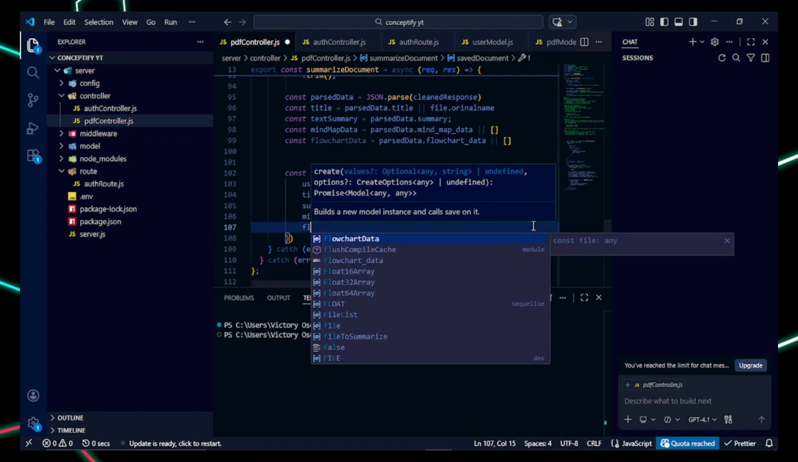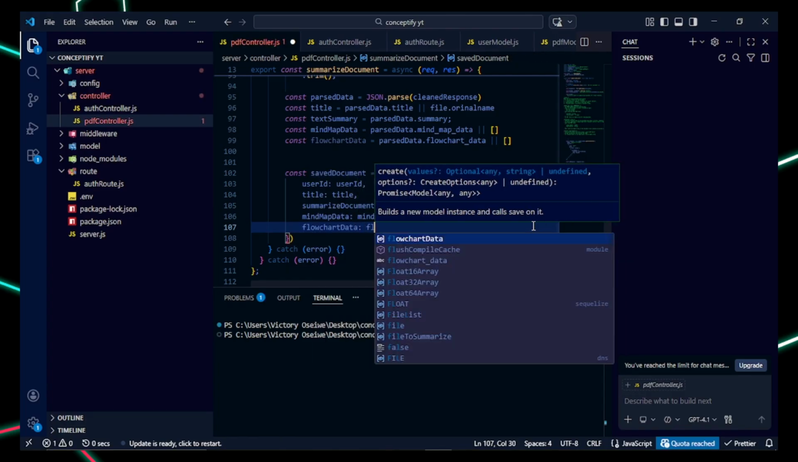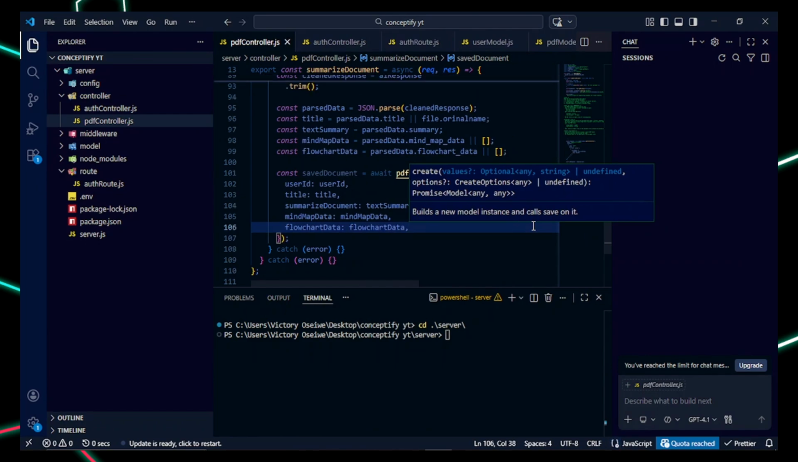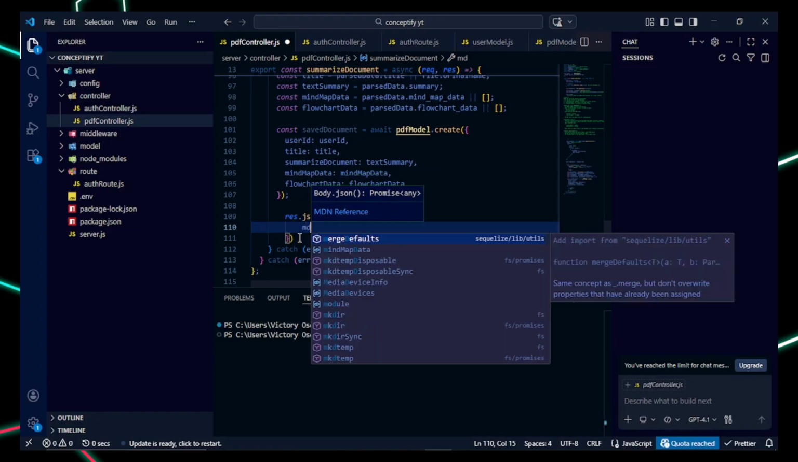Mind map, data flow. Yeah, flowchart data is flowchart data. Control S to save and let Prettier do the job. Now from here, we've saved everything to our backend, to our database. So we need to return the response to our front end, which is what I'm just going to do right here